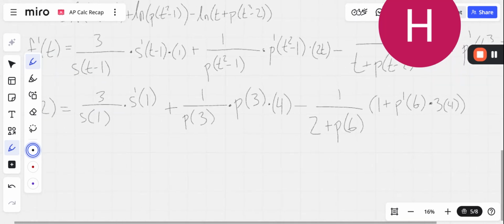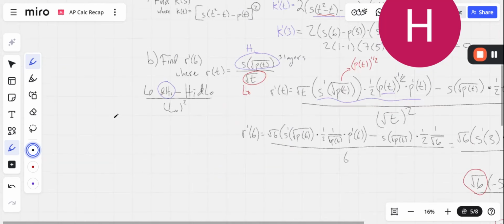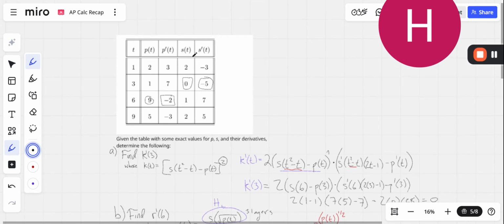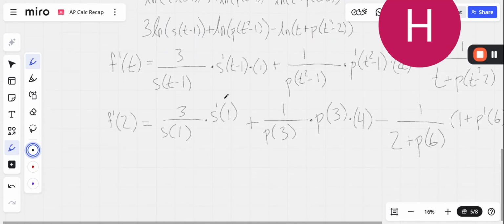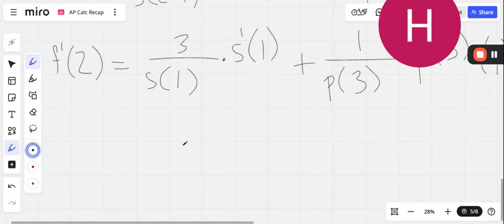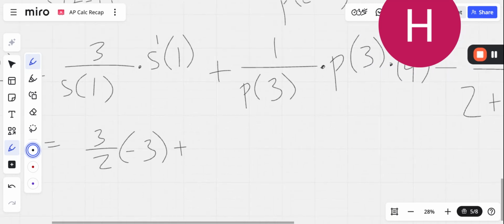Now we're really getting somewhere. So what is our s prime of 1 and our s of 1? Let's look at the table for reference. S of 1, s prime of 1. So 2 and negative 3. This is 3 over 2 times negative 3, plus